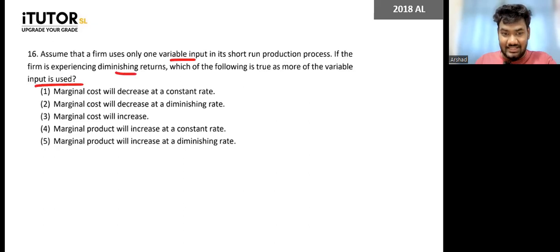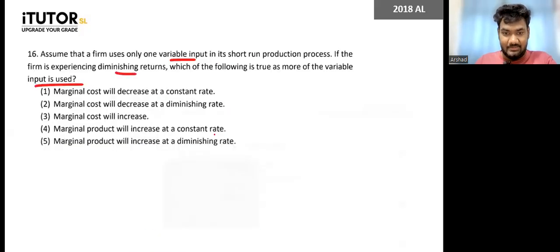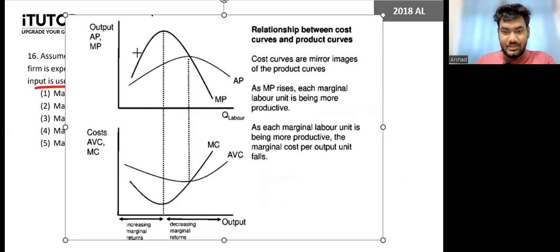Give me a second, let me get the diagram relevant to this from my tute. Where is the tute? Copy the image, will paste. So they are saying,